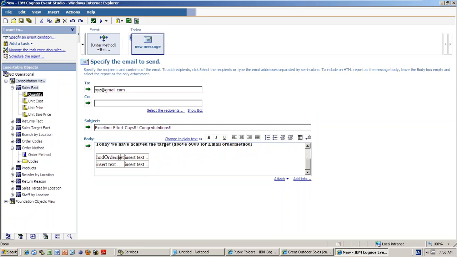Order. This is text only, right? You can add anything. Okay, quantity. Test you wrote, but below I want to populate the original value.